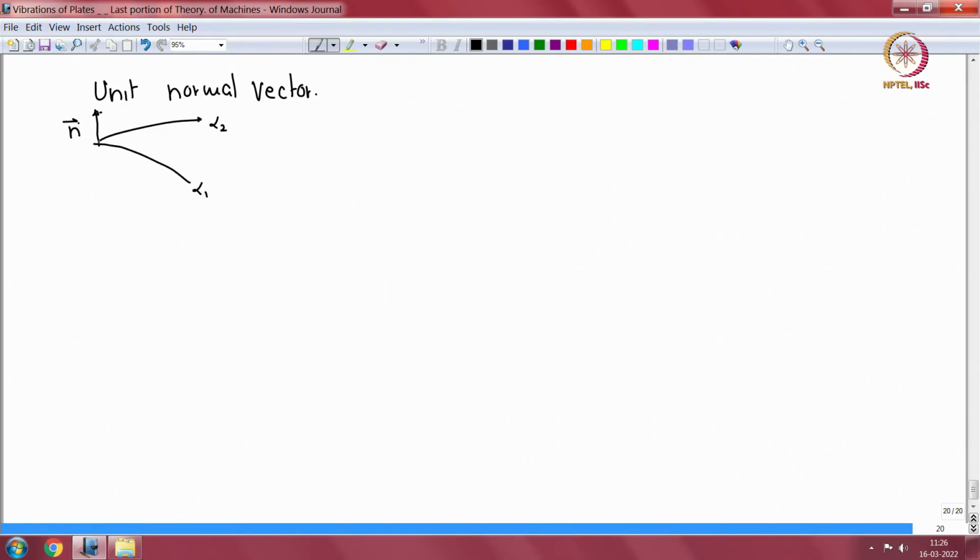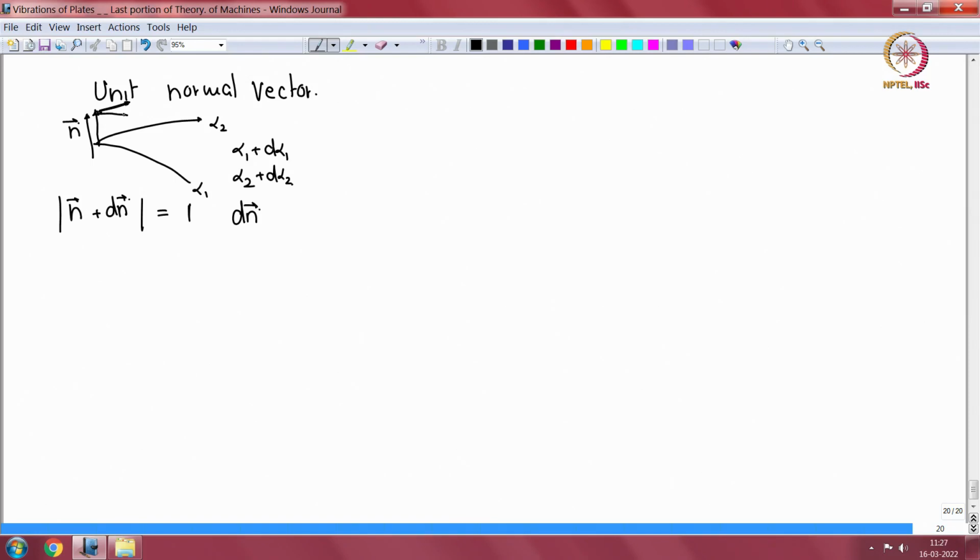So if we move to another point alpha 1 plus d alpha 1, alpha 2 plus d alpha 2, then n bar gets a modification dn bar, but that is a unit vector still. So the magnitude should still be equal to 1, okay. And therefore, where could dn bar lie? dn bar cannot have a component in the n bar direction, okay. So it can have only components perpendicular to it,